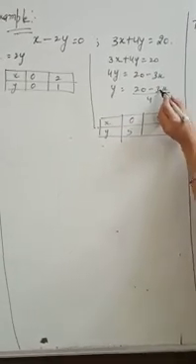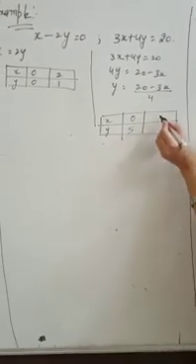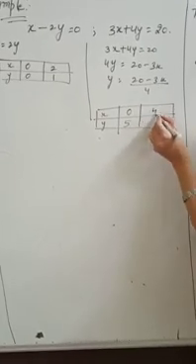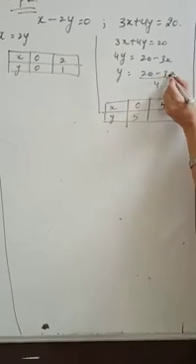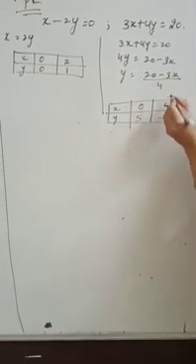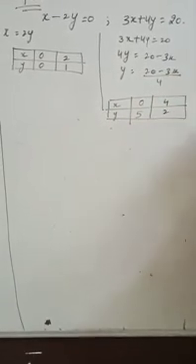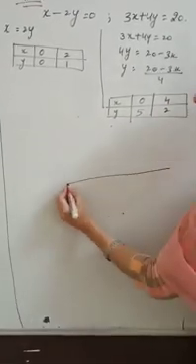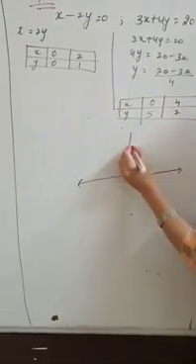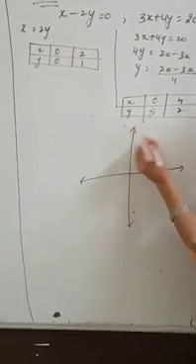Further, I am putting x is equal to 4. Suppose here I am taking x is equal to 4. So this implies 3 4s are 12. 20 minus 12 makes 8. So 8 upon 4 makes 2. So this is the solution. Two solutions we are getting, and then we will plot them graphically.